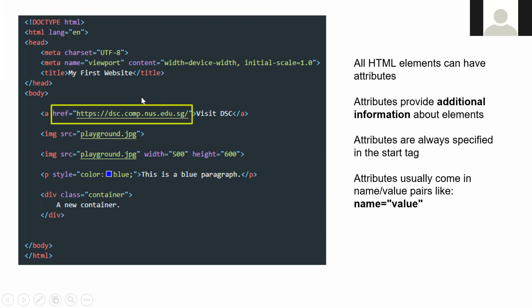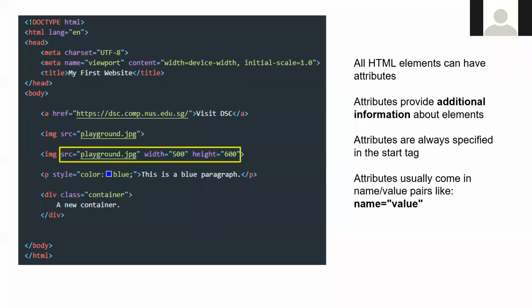And then I have another one, which is an image. It has an attribute of SRC, which stands for source. You have to give it, and the value is actually the path of the image that you want to render to the browser. Moving on to the next tag, the image tag, actually it's very similar to the previous one, but